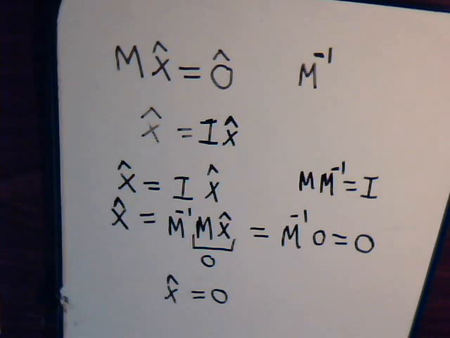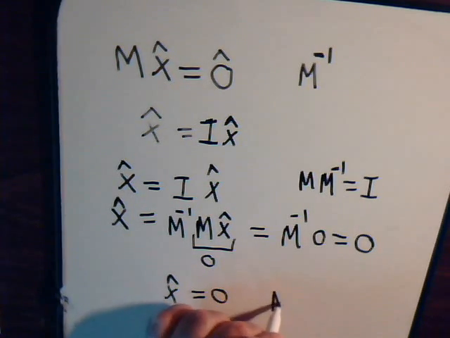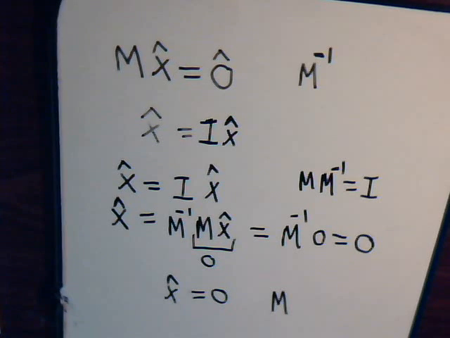And why is that important? That's important because it means then here there's a unique solution. It's a trivial solution. X has to be 0. Okay, well for this matrix M, if we try to reduce it to row echelon form, what that means then is that none of the diagonal elements can be 0, because